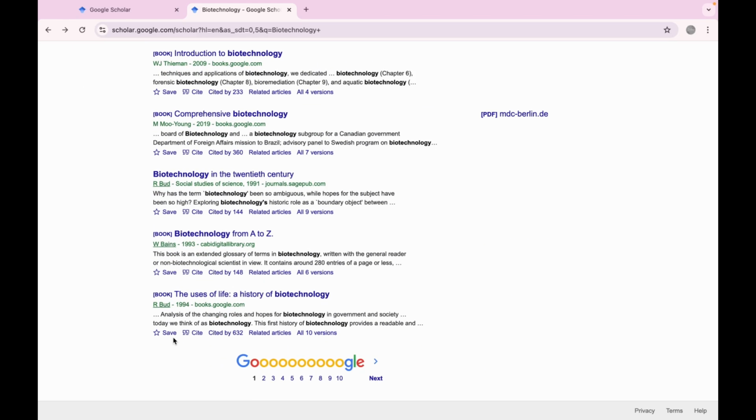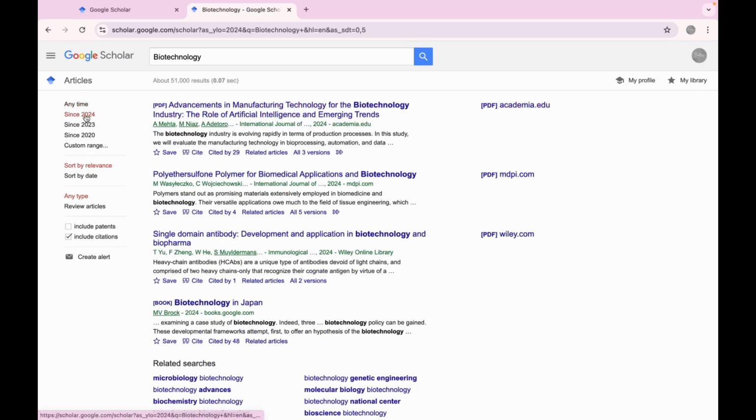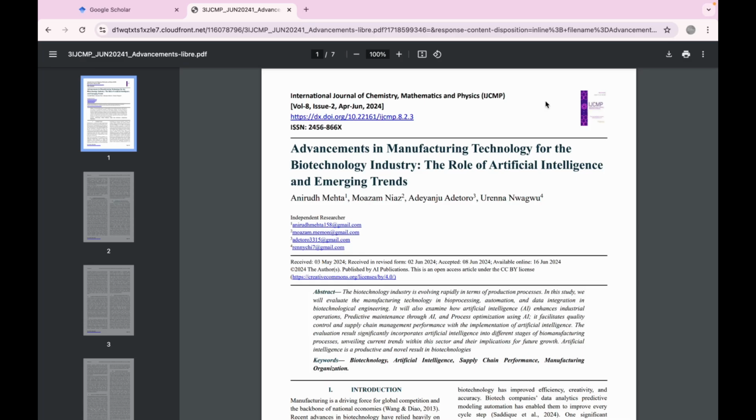So let's see, this is a book. Books say that they are books, so that is easy for us. Now let's go here. I have changed the timings. Since this one, I can obviously directly download the PDF as well, and it looks like it is a research paper, but I will anyways see if anyone is saying